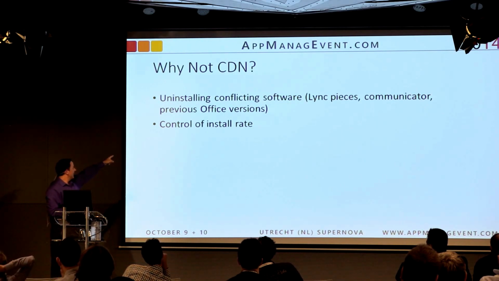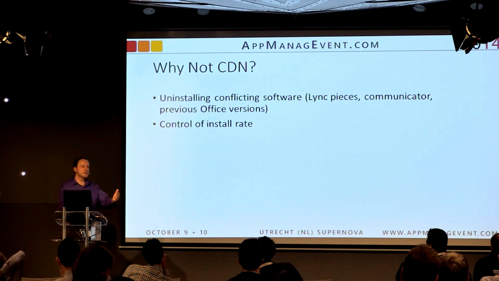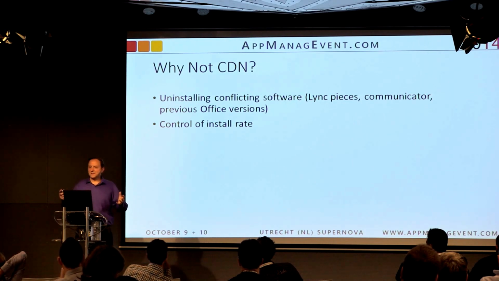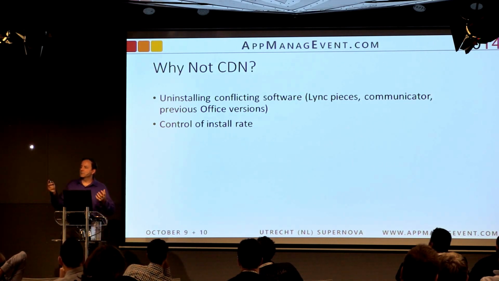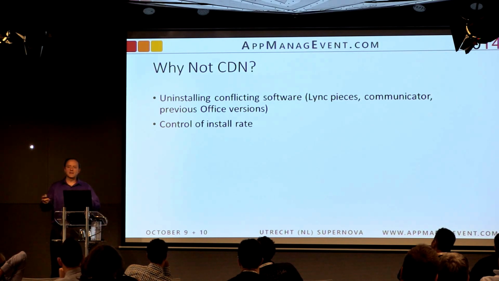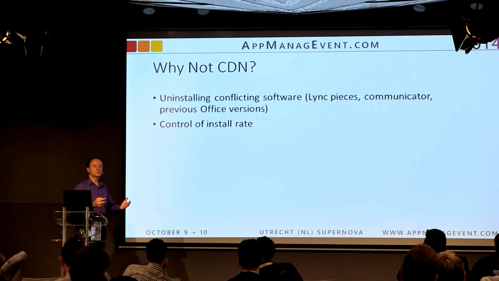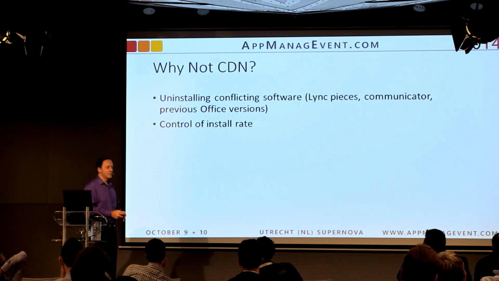Why not the CDN? Another reason is the control of the installation rate. So once you get everyone out there, maybe you control how people install it. Now they're in auto updates mode. They won't all auto update at the same time, but any given business unit in your organization or any given site is going to pull as each of those clients pull and see if there's a new version. So you may or may not be set up for that network-wise.